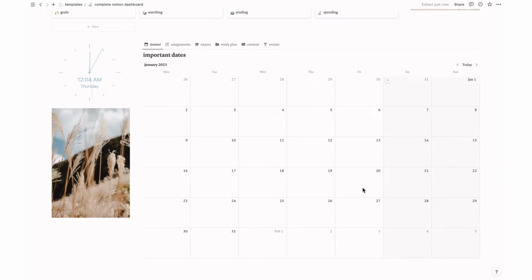So in my last template, my Notion calendar was just linked to the one on my phone, but I ended up not really referencing it anyway, so I changed the calendar to be more of a planner to combine all of my important dates in one place. So this master tab combines everything on the rest of the tabs. It's a little complicated, so I'll show you how to use it first, and then show you how it works.